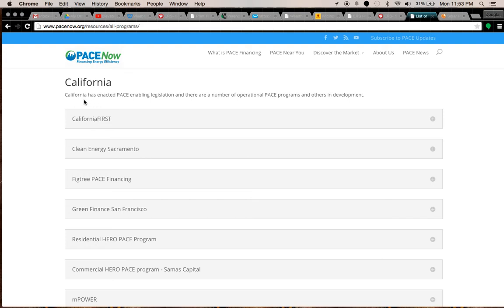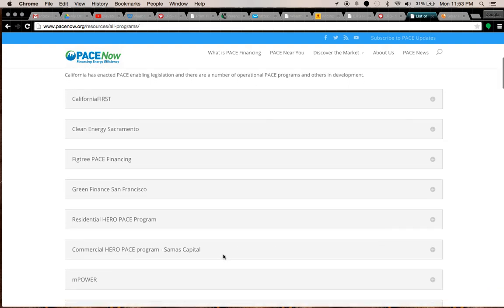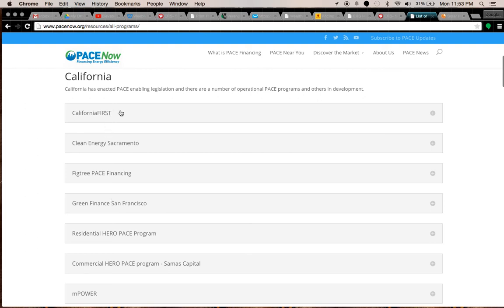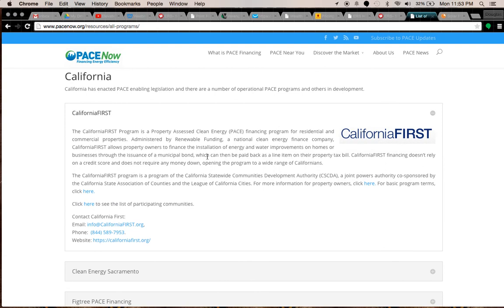If we look here, one of the programs under the PACE, of which they have multiple, like Clean Energy Sacramento, Green Finance San Francisco, and the Residential HERO PACE program. They have their different unique usability, and they also have differences depending on where you use them, or in this case, as you can see, commercial versus residential. There are different options. But just very quickly going over the California First program, as you can see here,